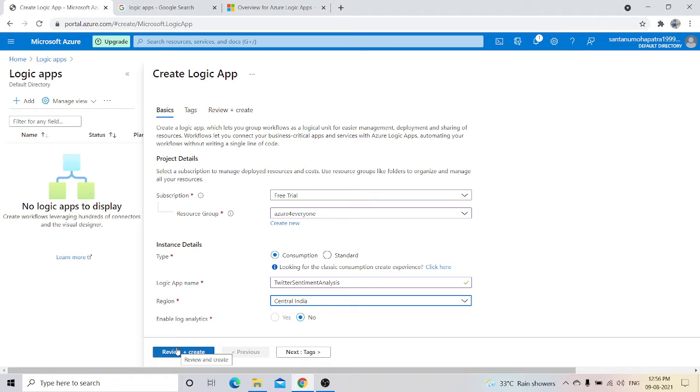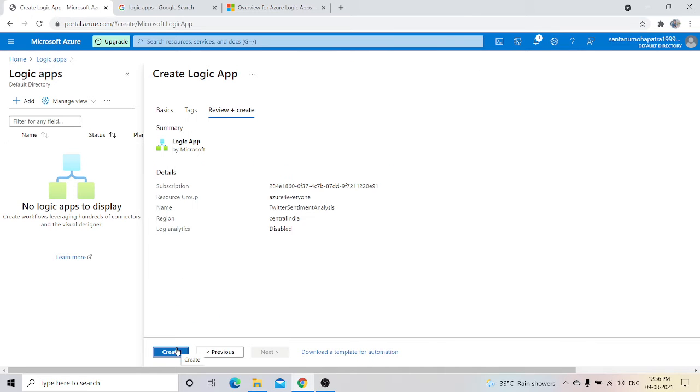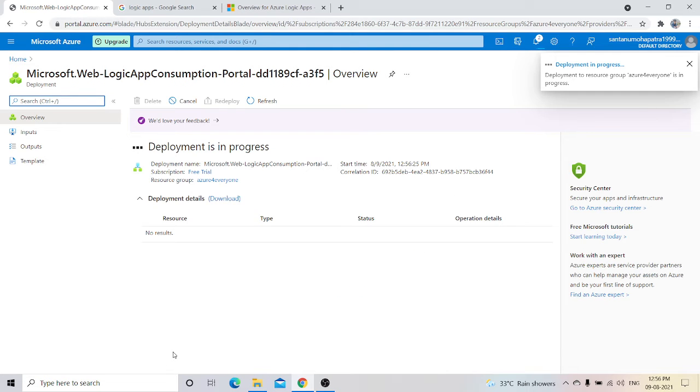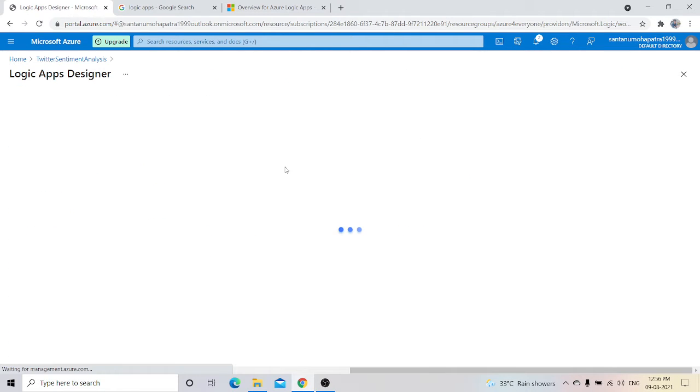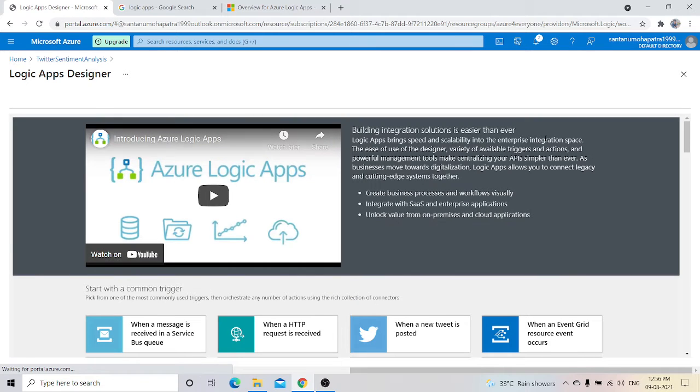Now we'll click on review plus create. Create a logic app. You can see that the logic app has been created, and we need to go to the resource of logic app designer. So if it has been successfully created, you will get to this page, and here